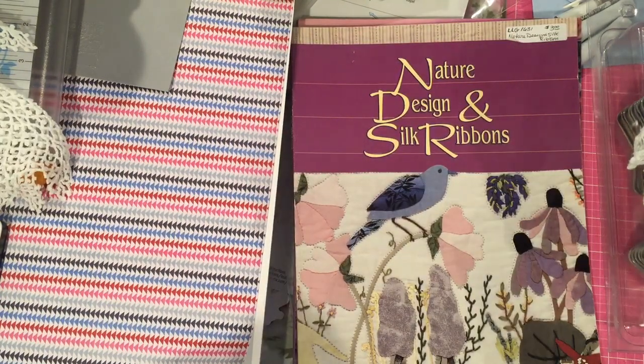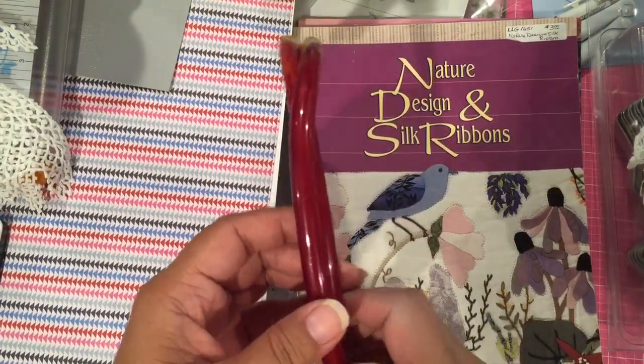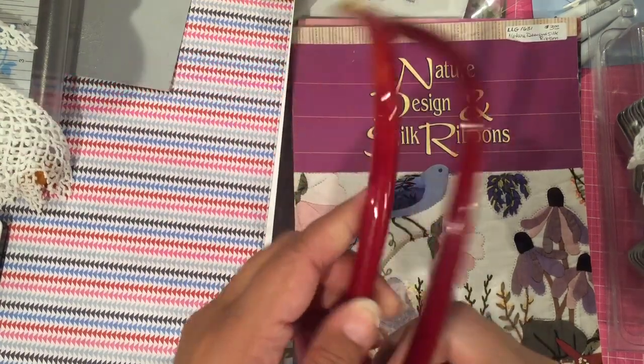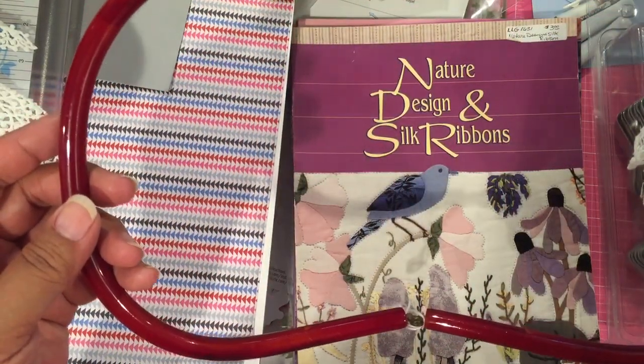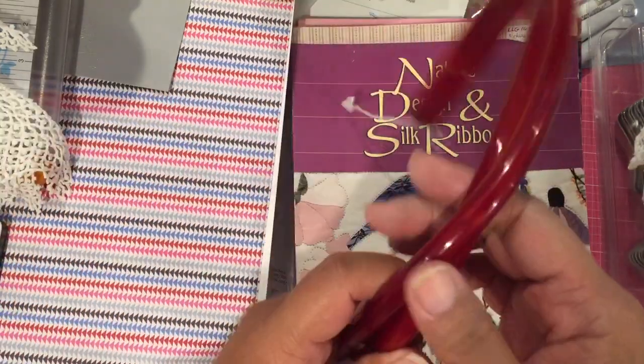Whoops, I dropped my sticky tape. So that is my, oh yeah, one more thing. I went ahead and purchased this. These are purse handles. You guys, I guess if you're old enough to know, this comes off of a purse,